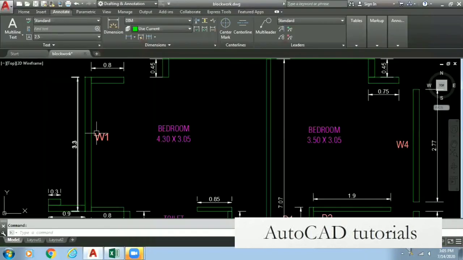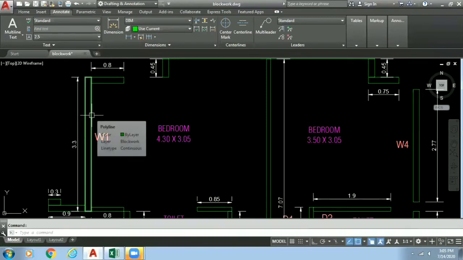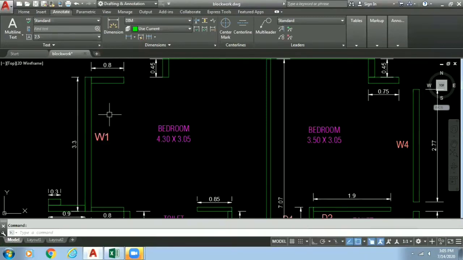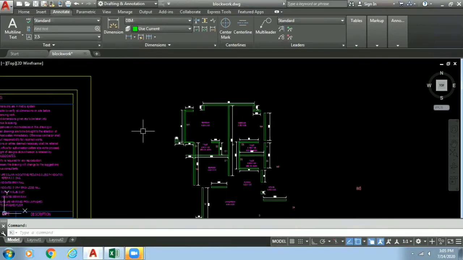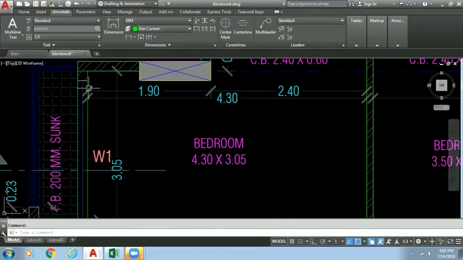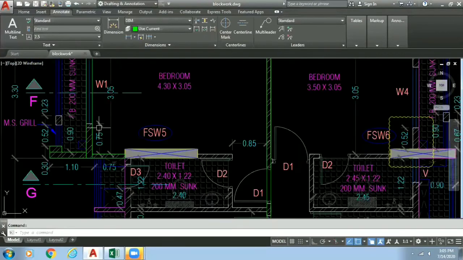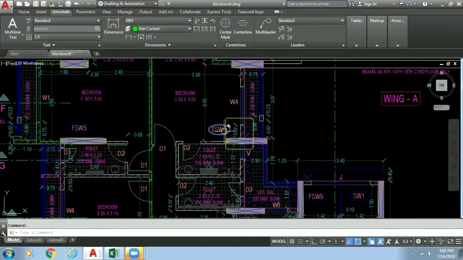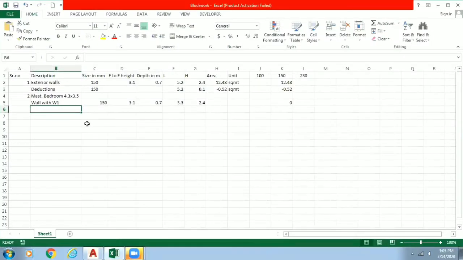Now what all deductions we will face over here is we will have band lintels and we will have the size of window as well. We can see here we will have lintels and windows. So first of all, I will deduct windows from here. Deductions. I will deduct my window 1.